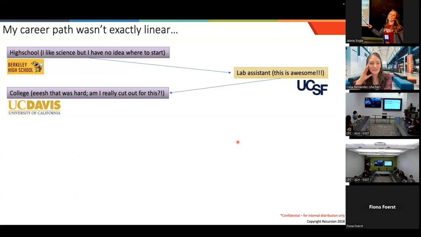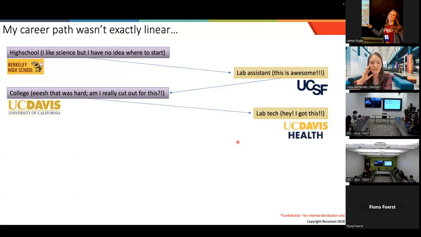It was really difficult, really, really hard. And I kind of questioned a lot, like, oh gosh, what do I really want to do? I still kind of thought I wanted to do something neuroscience and cell biology, but wasn't really sure what to do. So I took some more time off before deciding if I wanted to go to grad school or not. Worked as a lab tech at a place at UC Davis. And again, it was great. It was a wonderful experience. I loved being in the lab. I loved doing experiments. And so I thought, yeah, this is great. I got this. I can totally do this.